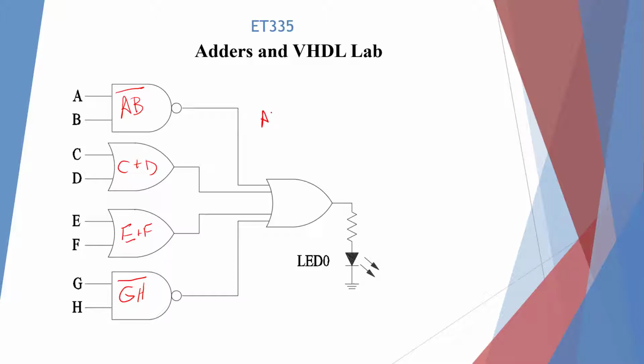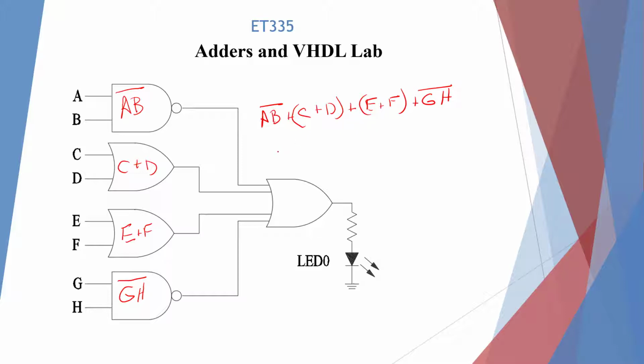So what do we got here? We got A B bar plus C plus D plus E plus F and plus G times H bar. So let's convert that to